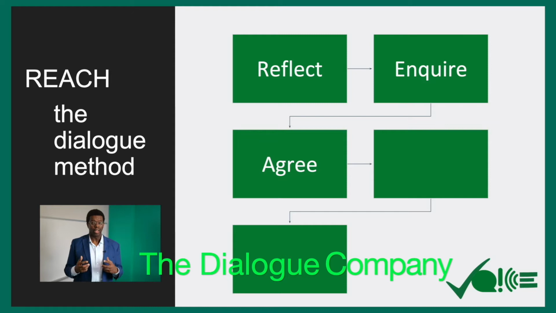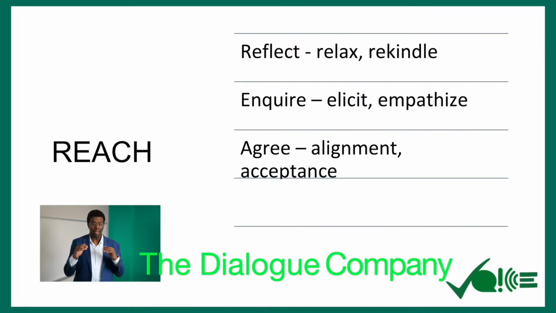Okay, R-E. A, agree. This includes both alignment and acceptance. There's two levels of this. Depending on what they said in the inquire step, you want to convey that you have some alignment with them on goals or emotions or values for society. This helps you have a valuable connection and build trust. By focusing on alignment, you put them in a position to listen to you. But you also want to convey that you accept them, that you're not judging them or rejecting them. Doing this is critical to maximize the influence that you can have on them.